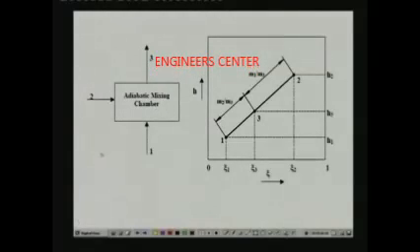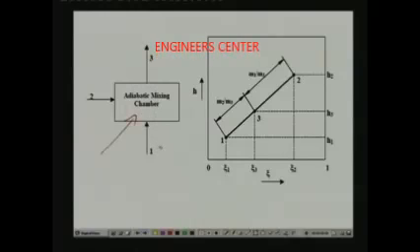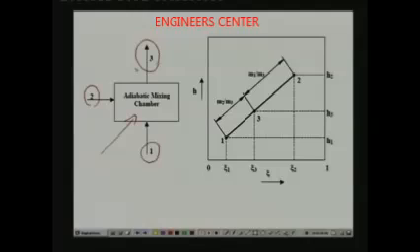What we have here is an adiabatic mixing chamber, that means there is neither heat transfer to nor from the mixing chamber, and in this mixing chamber two streams, one stream at condition 1 and the other stream at condition 2, are getting mixed, and finally what you are getting out is a single stream at state 3. Okay. The same thing is shown on the enthalpy and composition plot. So, this is state 1, this is stream 1, and this is the